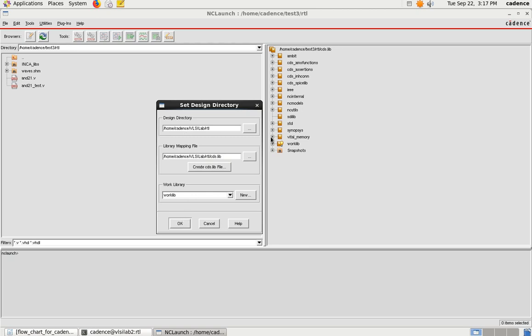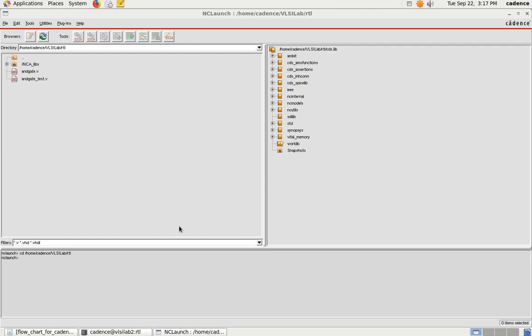Once you select the design directory and create the cds.lib file, basically the cds.lib file has all the design directories or design libraries that will be helpful for NC Launch. That means it will give you the paths for your design directory. It will create the path for all the tools that are required for you to simulate. So you have to create a cds.lib file. It will have the path information for all the libraries that are required to simulate. That is mandatory, you have to create it, otherwise the simulation can't be done. So you will create that and click OK.